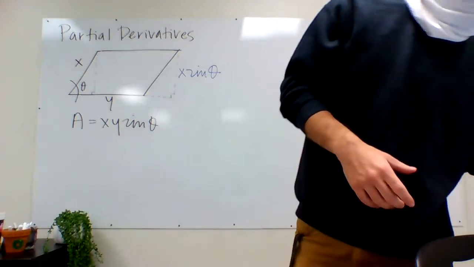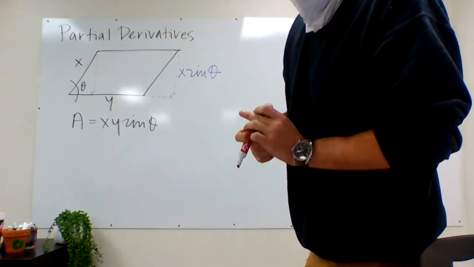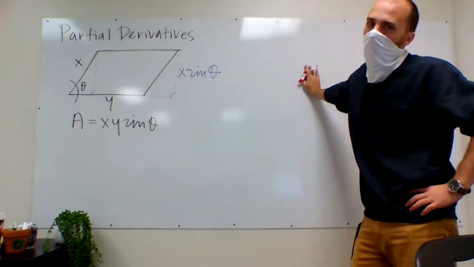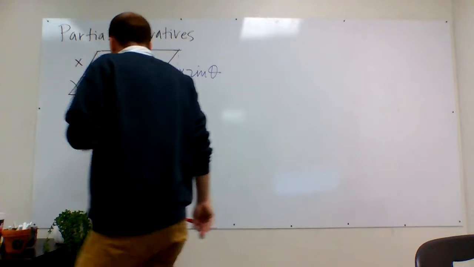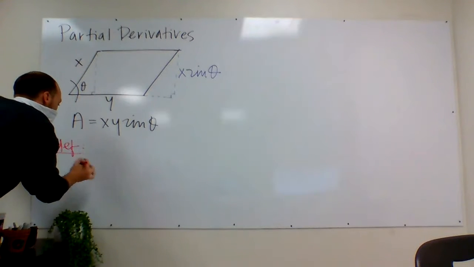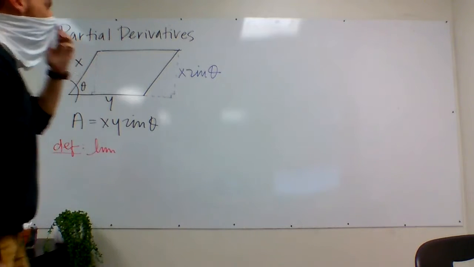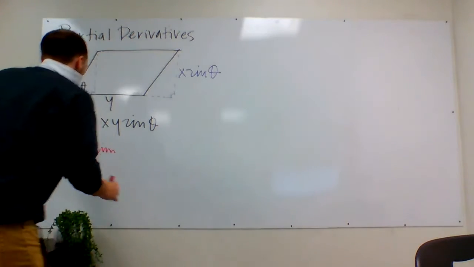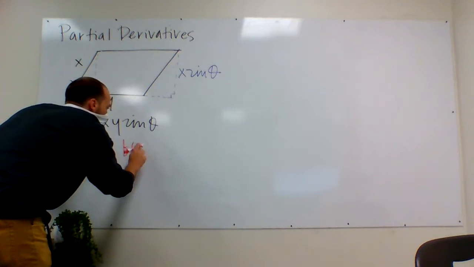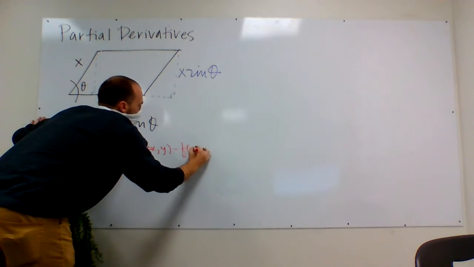Right? And so now I'm going to give you the definition of partial derivative, and I'm going to just give it to you for x and y. In general, you know what it's going to be. It's going to be the limit of a difference quotient, as you might expect. But now we know what a limit actually means, so that's good. This is going to be the partial derivative of a function with respect to x, so that's the limit as delta x goes to 0 of f, which depends on both x and y, so I'm going to bump up x a little bit, f of x plus delta x and y, minus f of x and y,